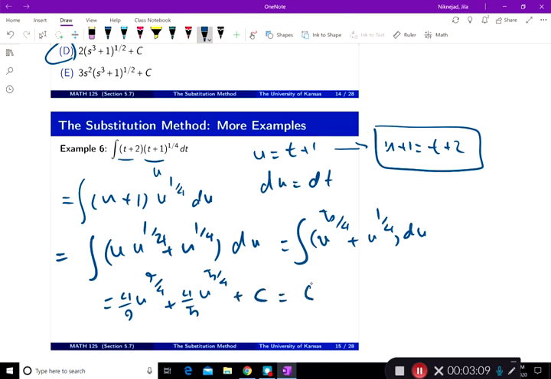And replace it back: 4/9 of t plus 1 to the power 9/4 plus 4/5 of t plus 1 to the power 5/4